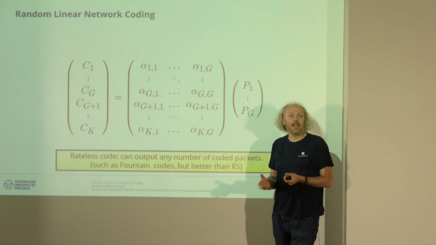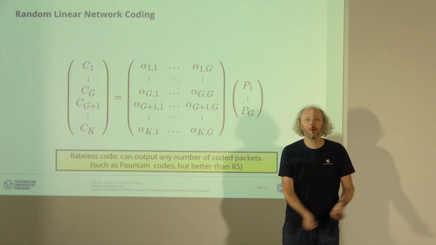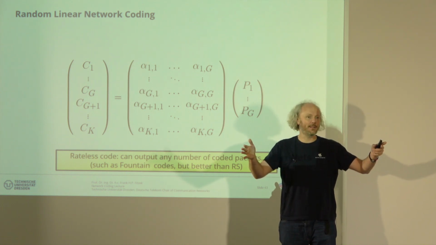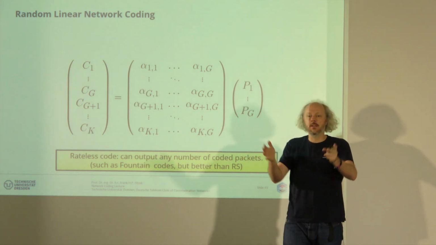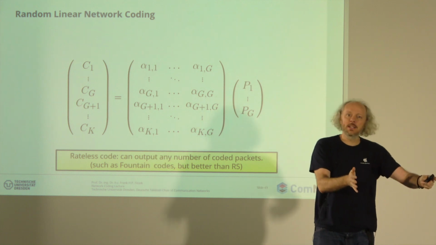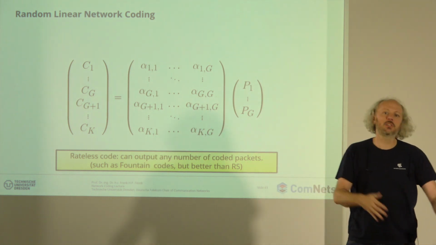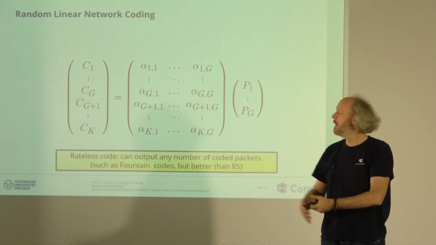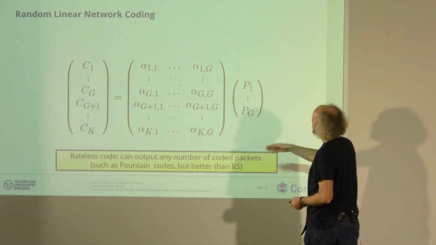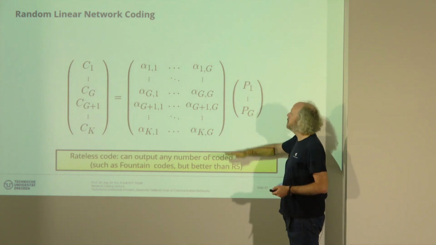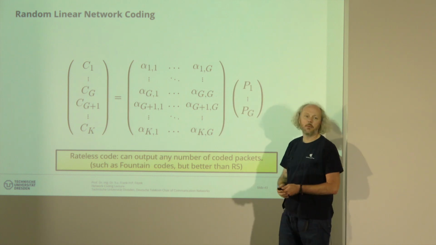We were rateless, which rateless means you can send more and more codes. You don't have a certain rate. A Reed-Solomon code, if you send your original packets and some redundancy, if the other side doesn't understand, you start from the beginning. Okay? And here, with the rateless code, you can continue and continue and continue. The same you can do with the random linear network coding.